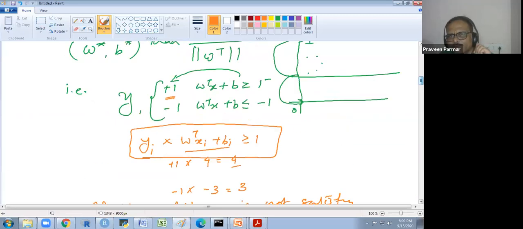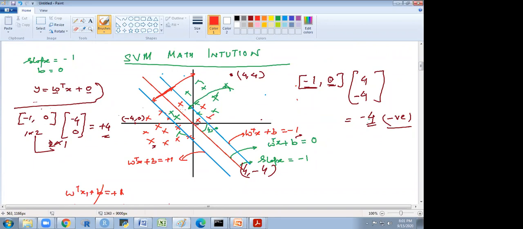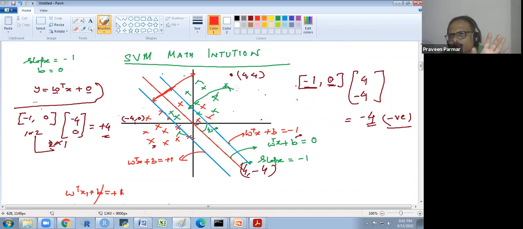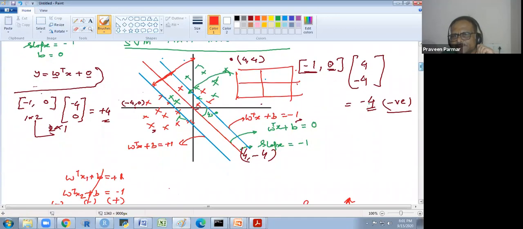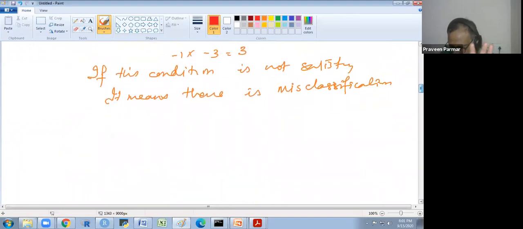Now visualize this. Suppose a few green points are here, and a few red points are here. So is this a misclassification or not? Yes, sir. Okay, so this means there is some misclassification error. Otherwise, we would get a pure confusion matrix, which we will see in the practical. Does that make sense to everyone? What is the mathematics? What is the intuition behind this?